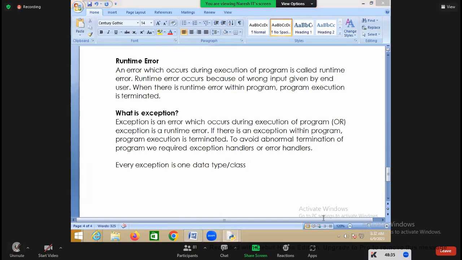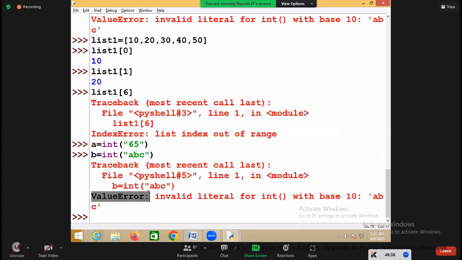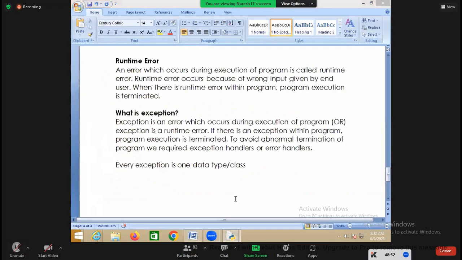For example, here you are getting which error? Value error. Here you are getting which error? Index error. So value error is one type, index error is one type, and every type is one class. So every exception or error is one data type or one class, and creating an object of the error class or exception class is called